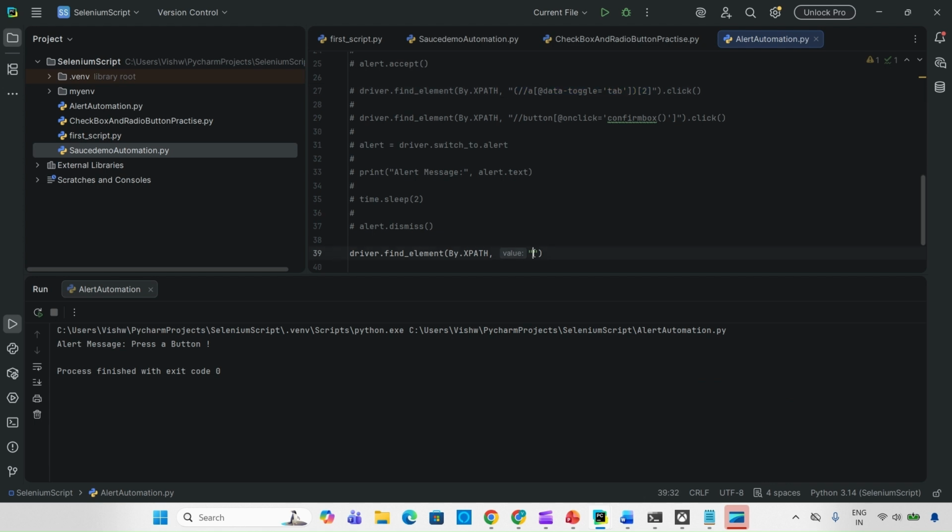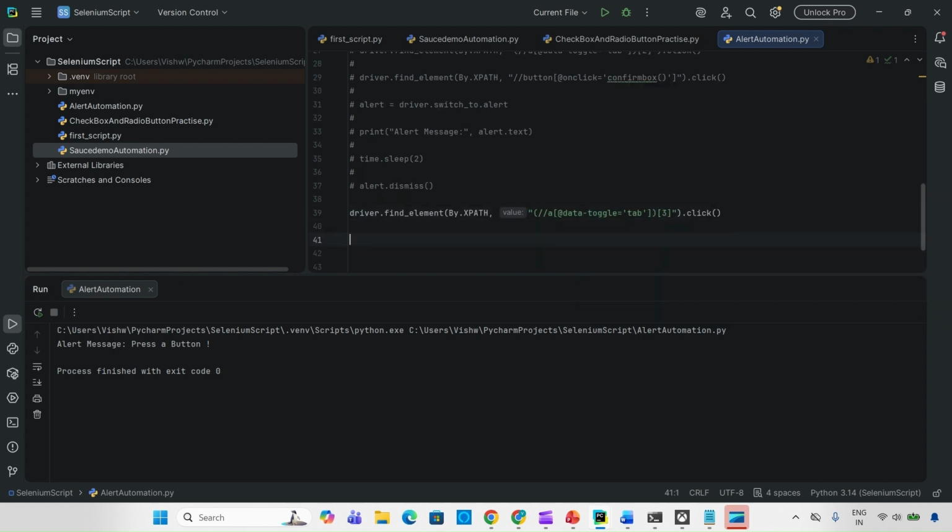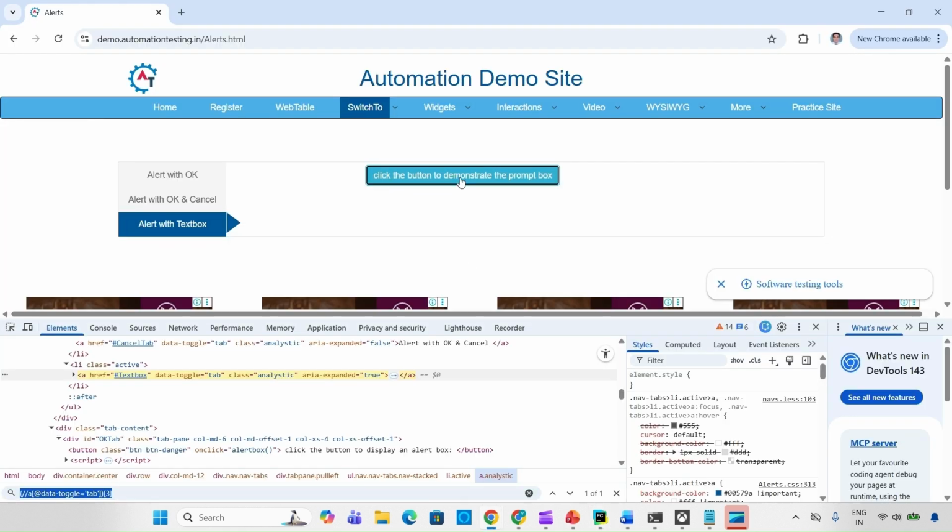And then we are clicking on it, so we'll use a click method. After that, we will be clicking on that button, find element, then by.XPath. Okay, and the value goes like, so this button now we will be clicking, so we'll